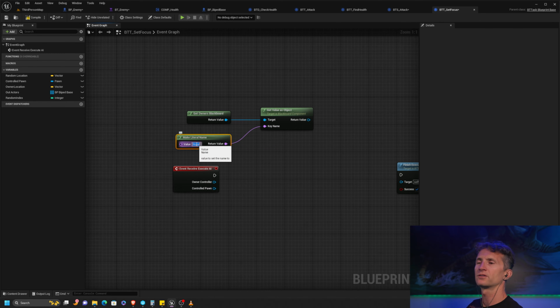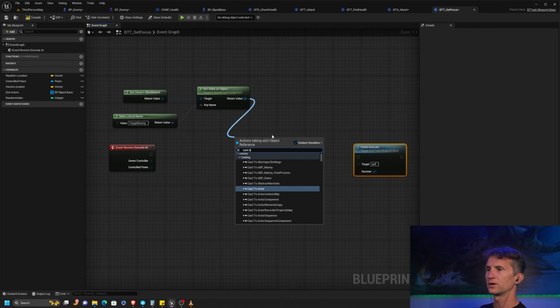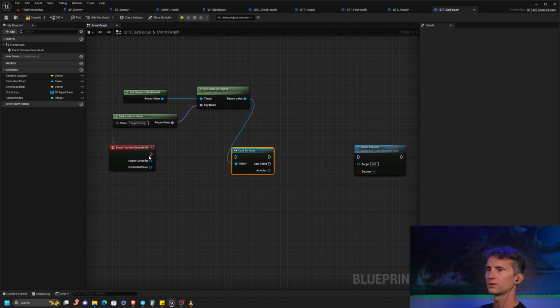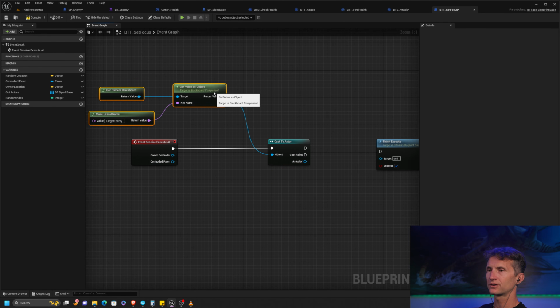By the way, in practice, a lot of times I will make these all variables, but this is very short from the standpoint of I'm not reusing it in a bunch of places. But this name is target enemy, and we're going to take this value, and I'm going to cast this to an actor. The reason I'm doing this is because I need it to be an actor for